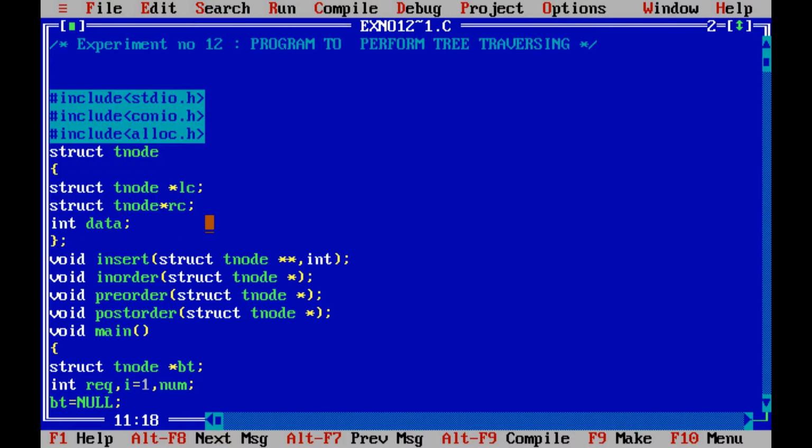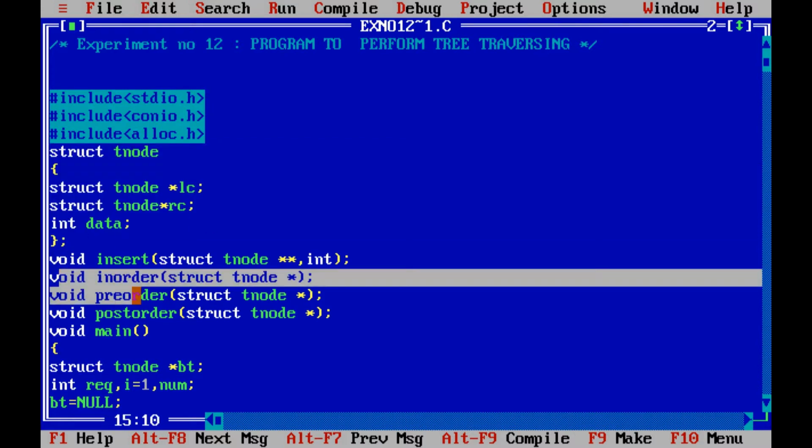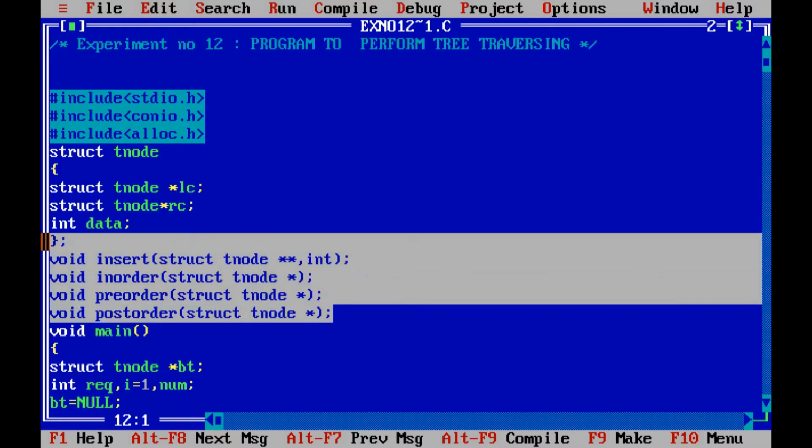In this program we have implemented four functions. The first function is the insert function. It will insert the element or construct the binary search tree with the rule that the element at the left child should be less than the root, and the right child should be greater than or equal to the root node.